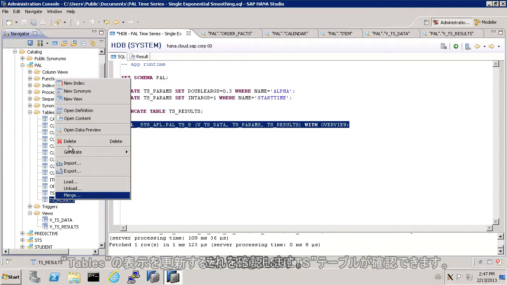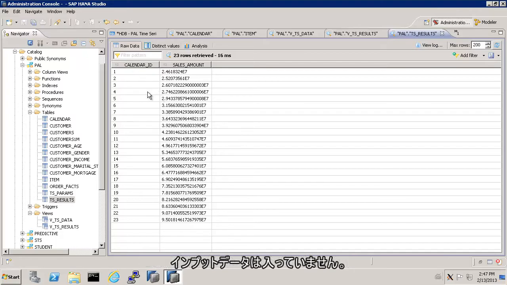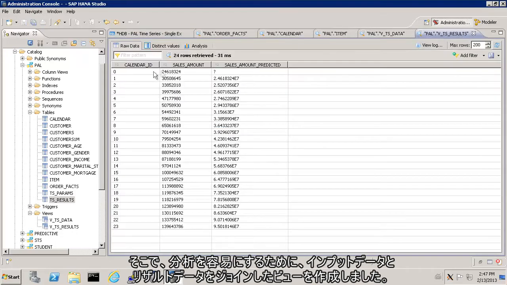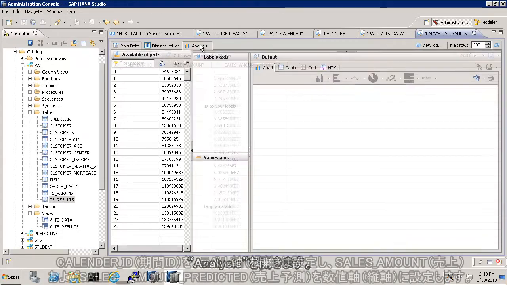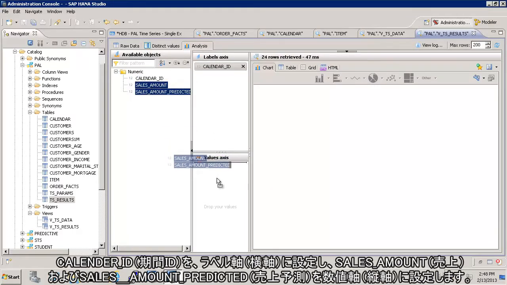If we were to look at this one, we can see that it's simply got the ID and the amount for the fitting that's been performed. It doesn't actually give us the input data as well, and that's why we created a view that joined together the input and the results data to put them into a single area that we can then easily analyze. So if we're to look at analysis, we can put the calendar ID on the label, we can put sales amount and the predicted amount on the